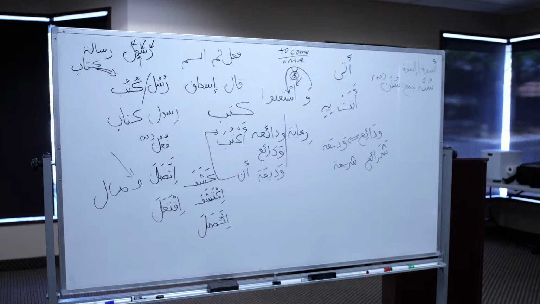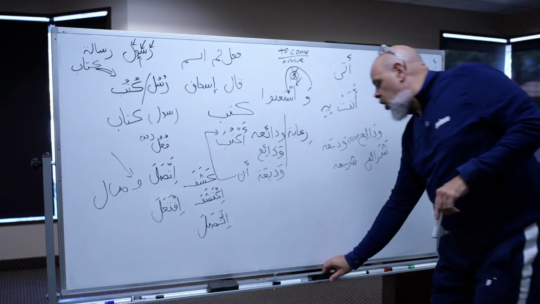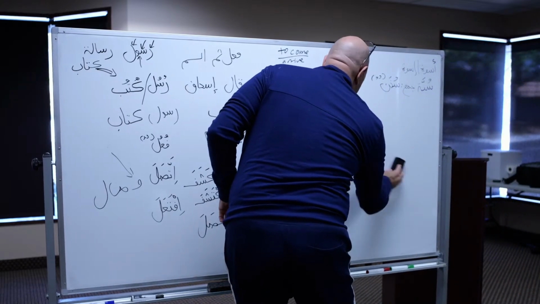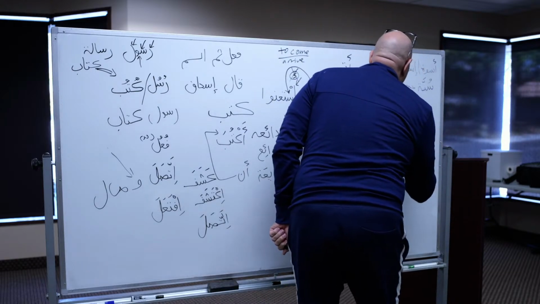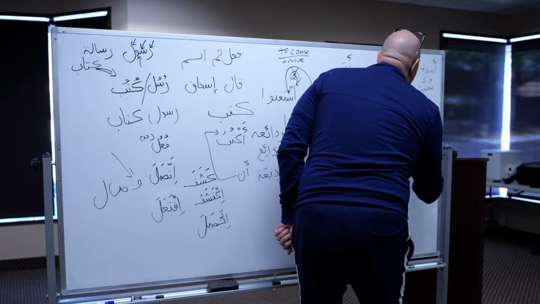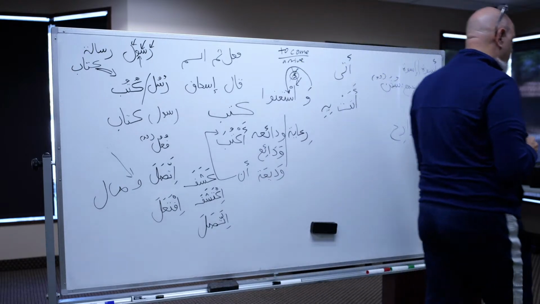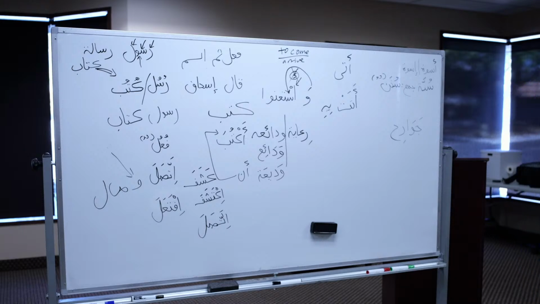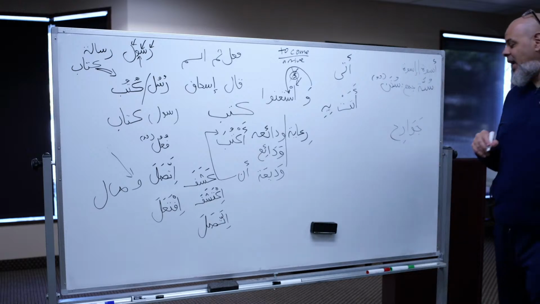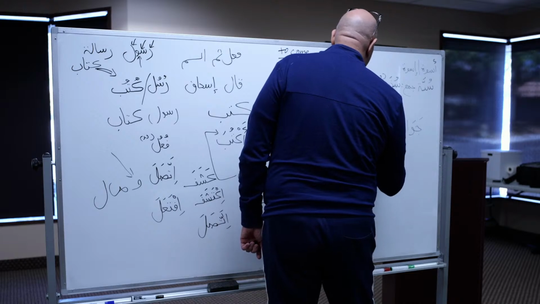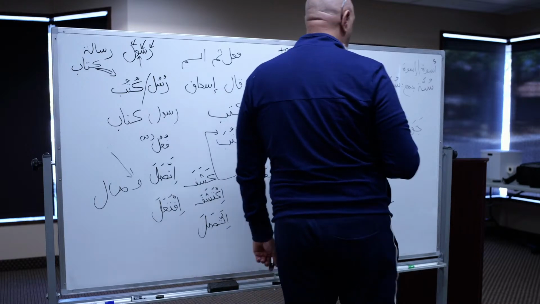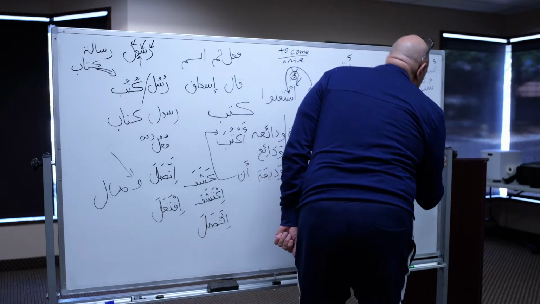Right? So we said jawarih, just before he mentioned the word jawarih. Jawarih, we said, is what? Limbs. And so, what is a limb? A limb is a jariha. Jariha.